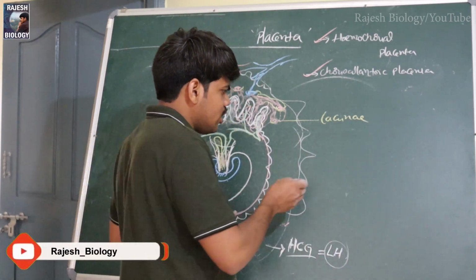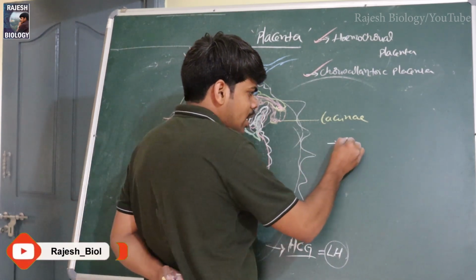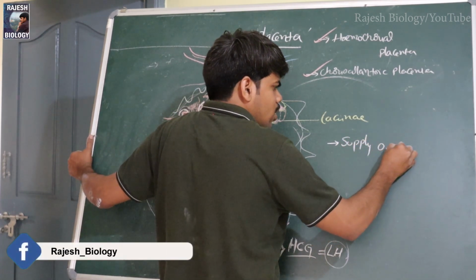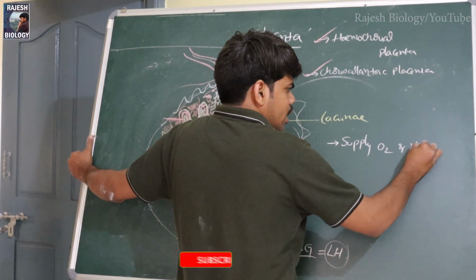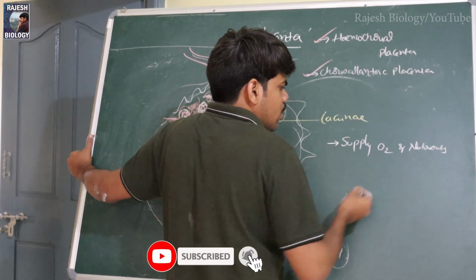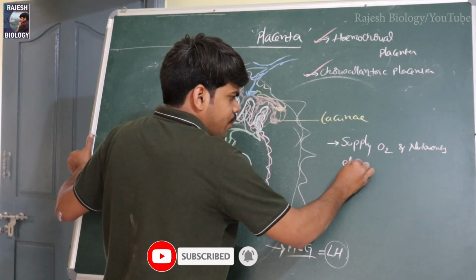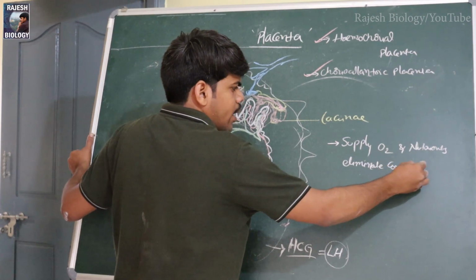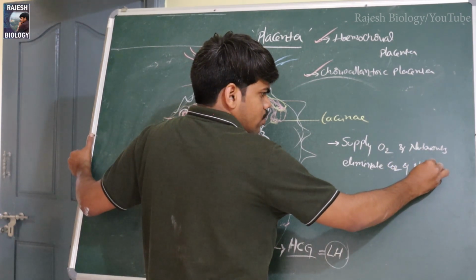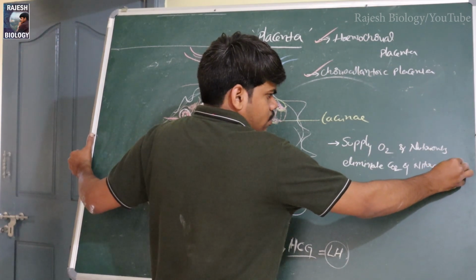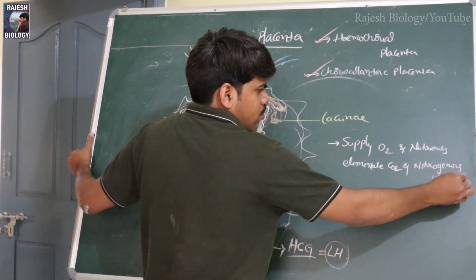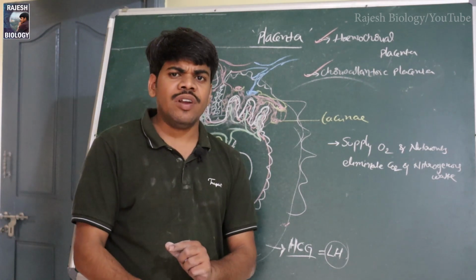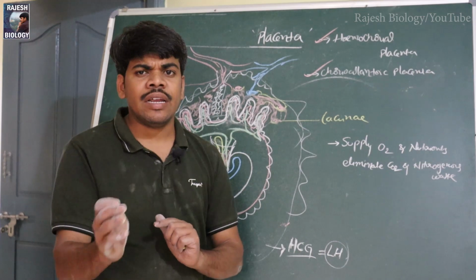First of all, it supplies oxygen and nutrients, O2 and nutrients, and it eliminates carbon dioxide and nitrogenous waste. So it supplies the oxygen and nutrients to the fetus, and eliminates carbon dioxide and nitrogenous